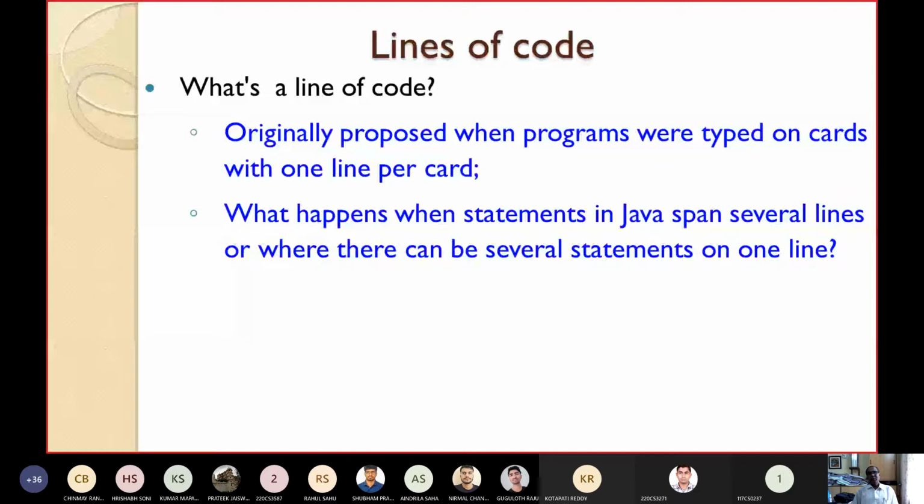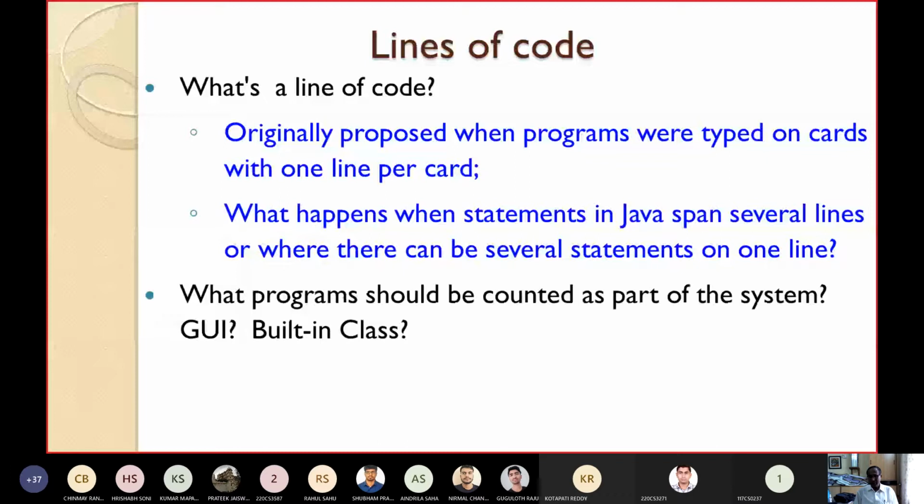But what happens in high level languages like Java, where statements can span several lines, or where there can be several statements written in one line? Then this method of writing on cards will fail. The definition of lines of code will fail when you write Java programs.